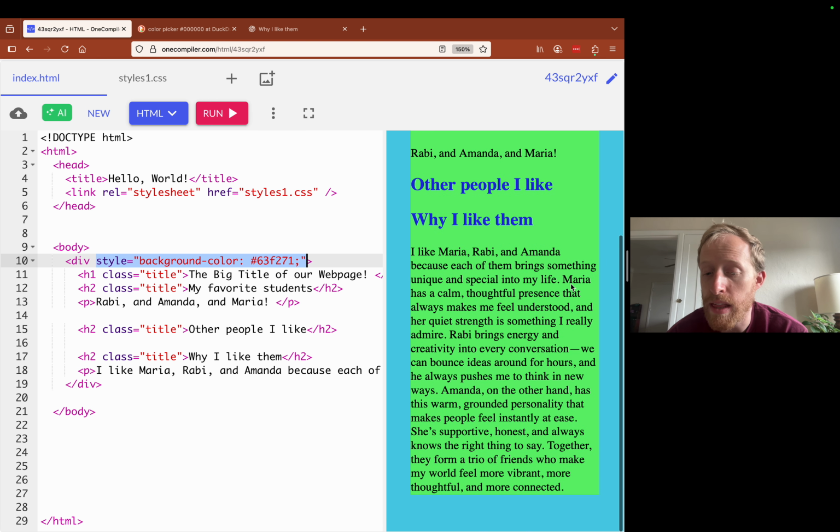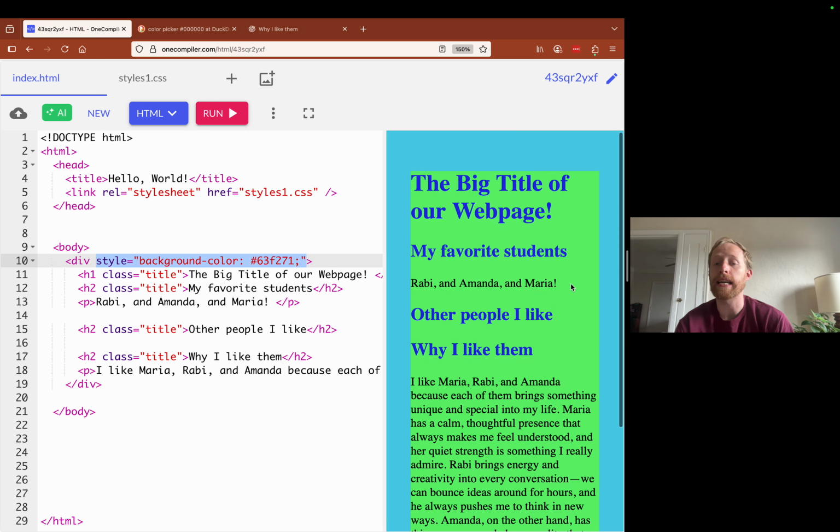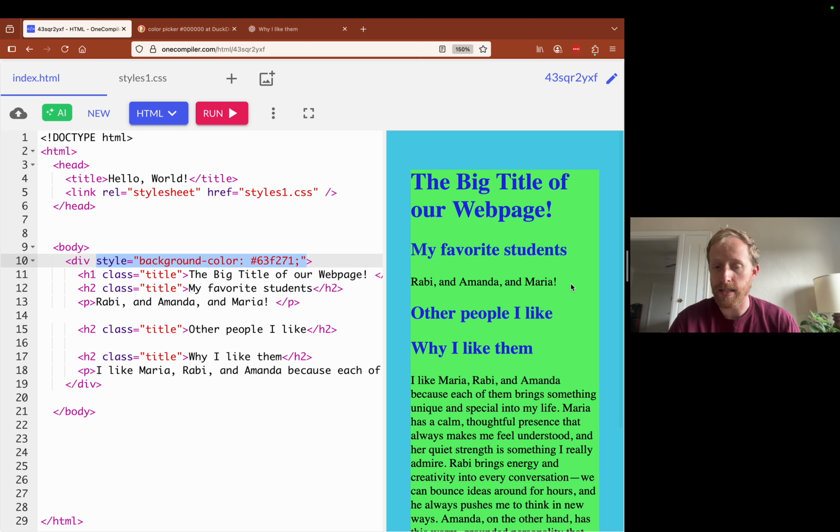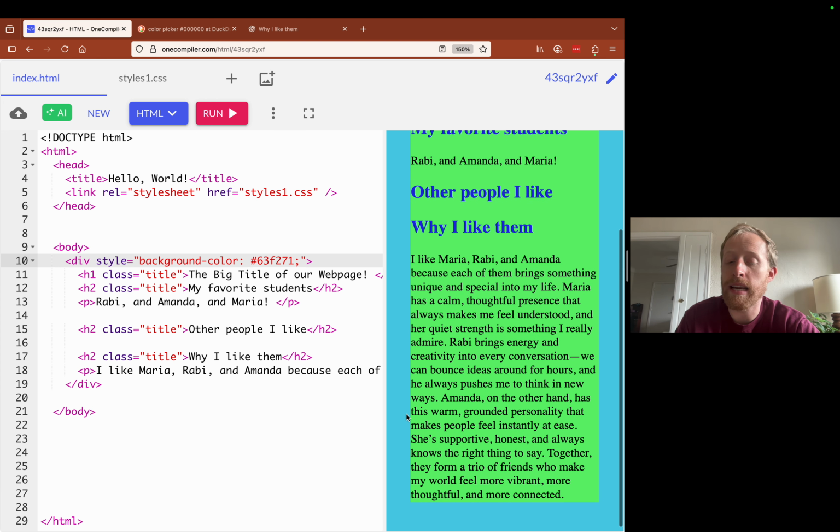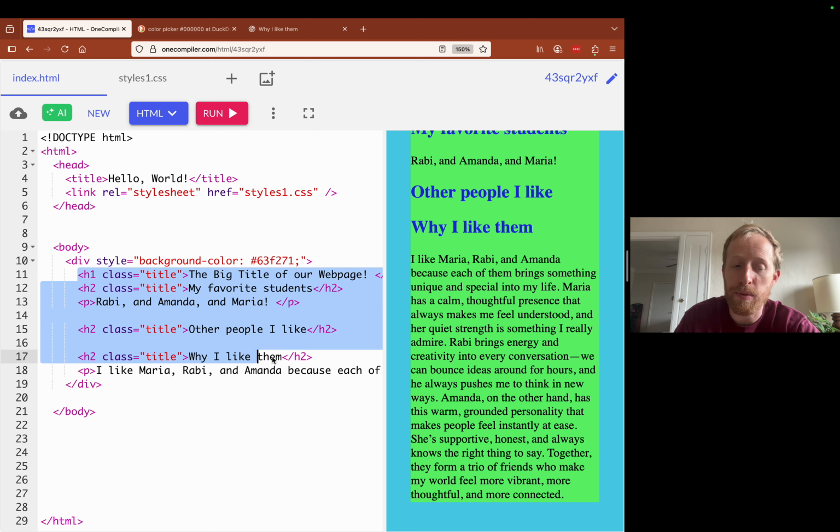So I think the reason I did this is I think it effectively shows us where the div starts and ends, right? So this div is now a box. I think of a div as a box, and the div is basically exactly around the elements we've specified right here.